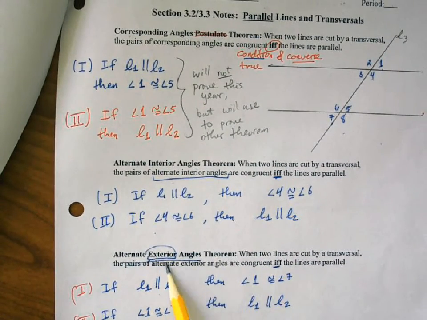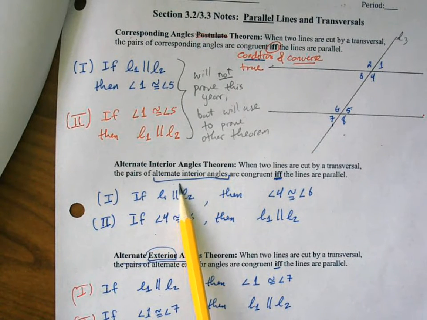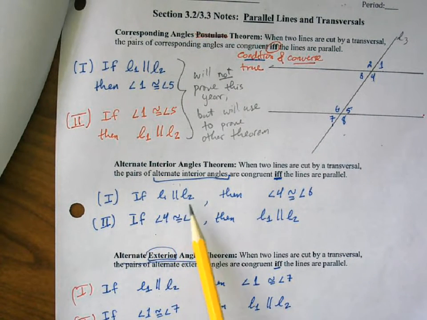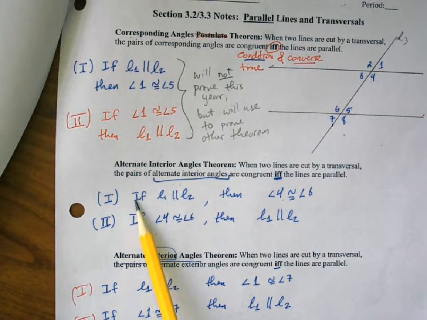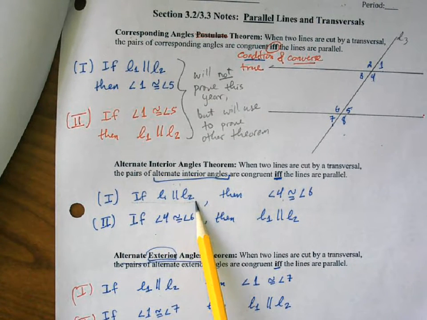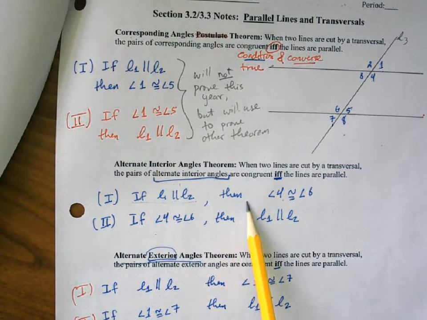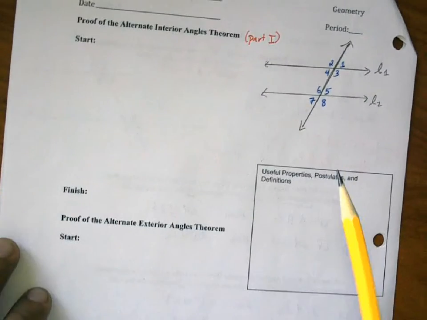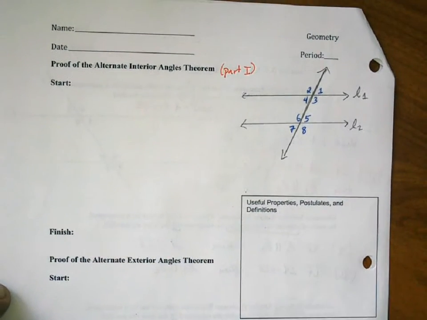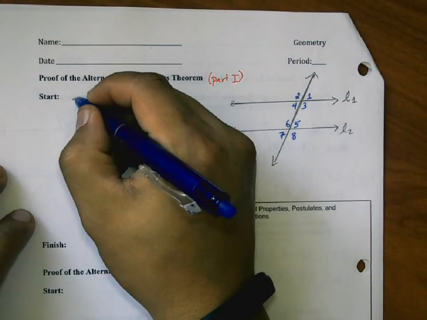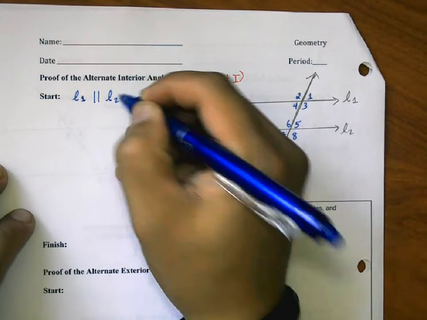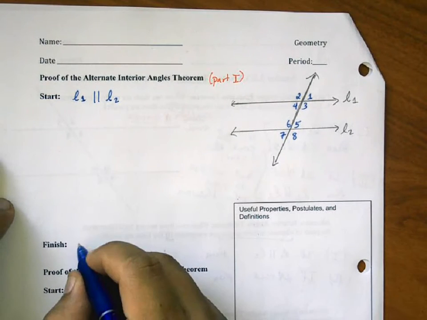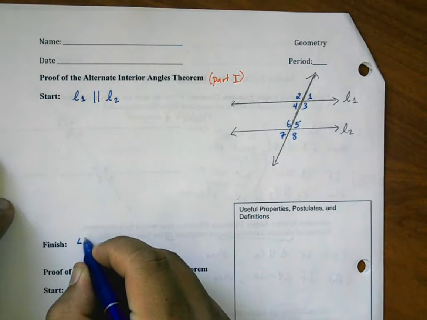Alternate interior angles theorem, that's this one, part 1, says if the lines are parallel, then the alternate interior angles are congruent. And the if part is always the given, or the start, and the then here is the conclusion, or the way that we finish. So in this picture, we're going to use the same thing. We're going to be given that line 1 is parallel to line 2, and we need to end with angle,